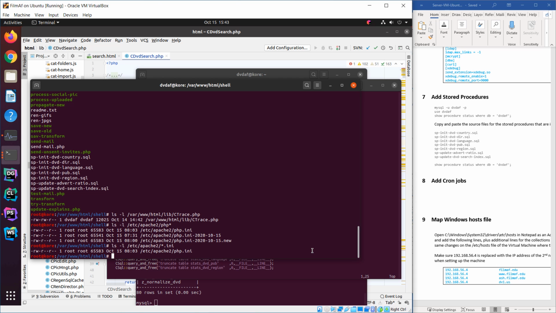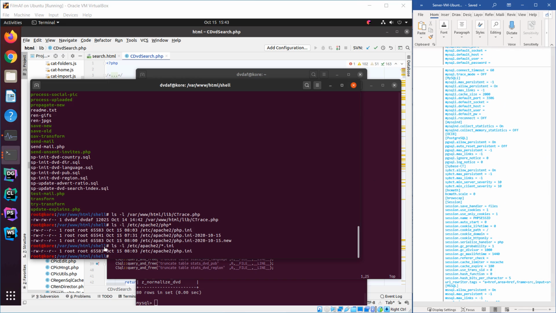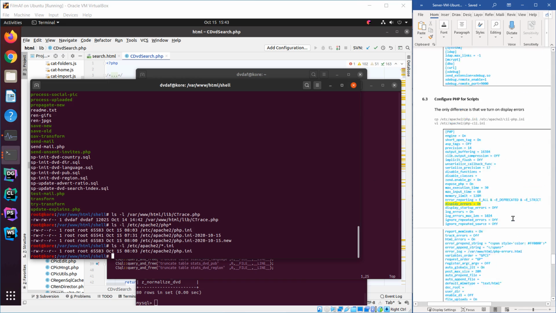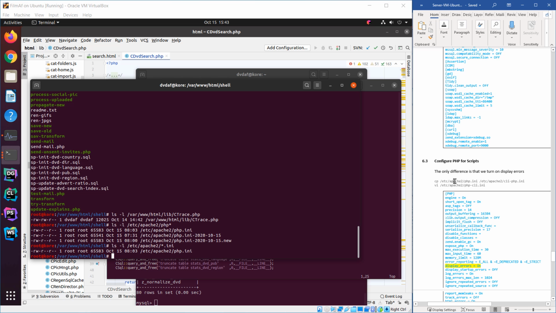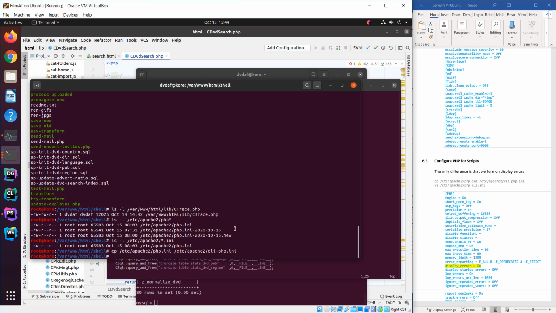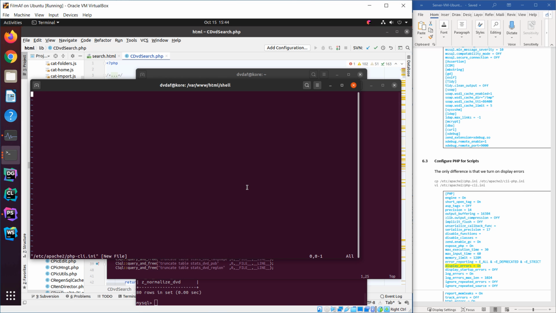I was pretty sure I had created it. I guess I didn't. So we need to create the PHP CLI. Here we go. I guess I just thought of creating it. So we copy, you call it CLI php.ini, and we edit it. So we just copy the same thing that we use for,